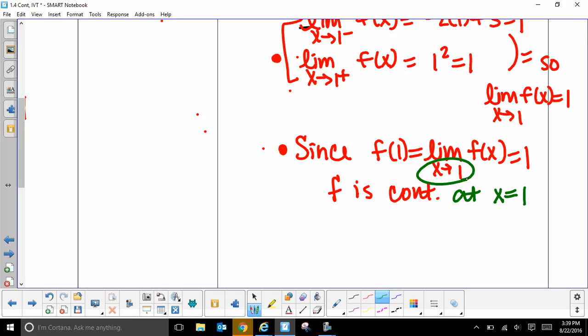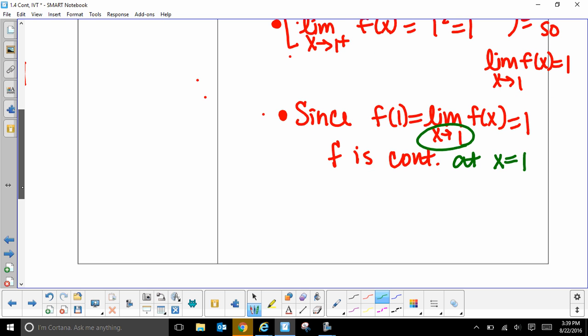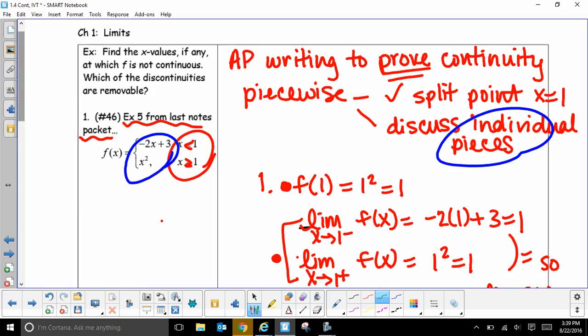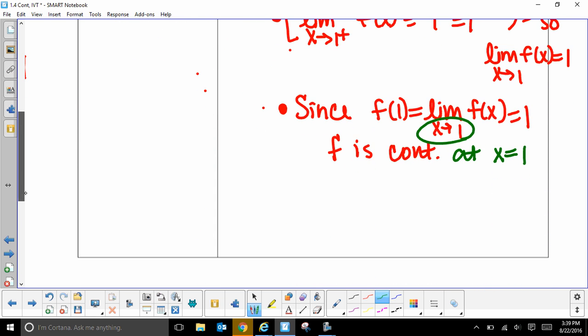Your continuity is at the value that x was approaching, so as x approaches 1. Okay, so we proved continuity at a split point. That's done. We've done it with AP writing. Okay, now we need to talk about AP writing for the individual pieces. So then we would say, note